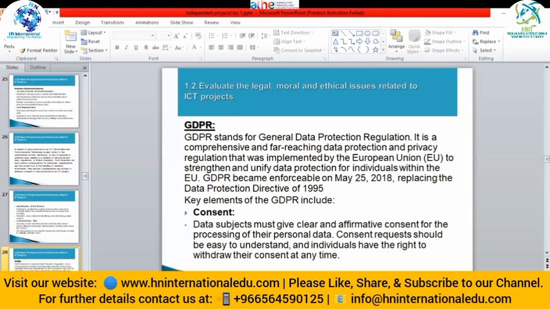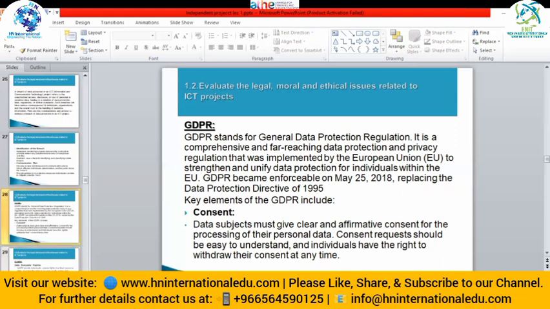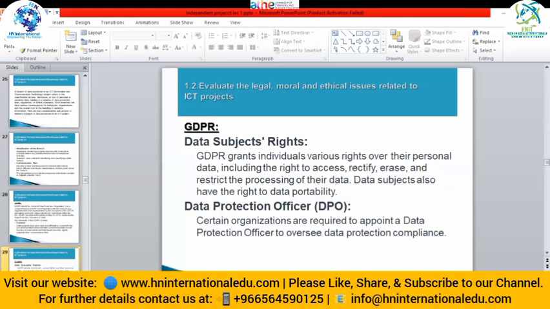So if the individual disapproves of the use of their personal details, they can withdraw their consent at any time. So this law states that firstly you have to get the approval of your customer. Then data subject rights. According to this law,